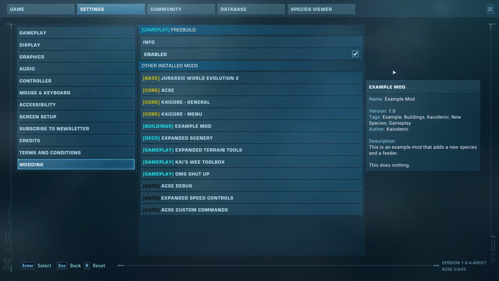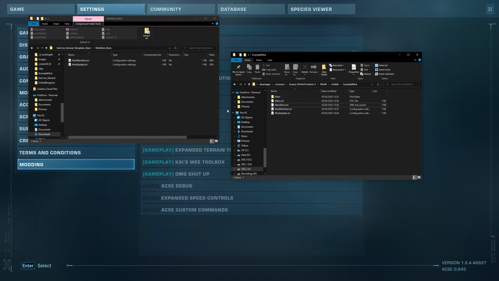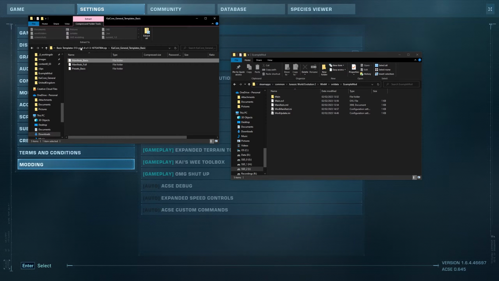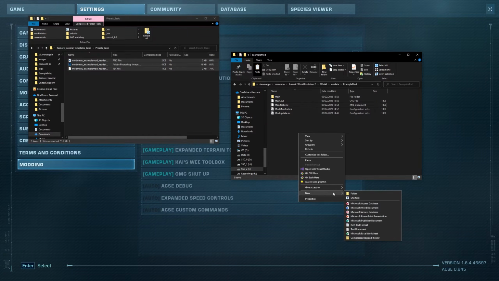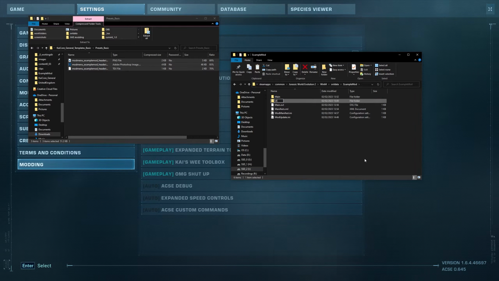Now adding a header image is a little bit more complicated than adding this information or even setting up the auto checker, but it is part of this setup, so we'll do that now. Now first open up your mod and the template zip file, go into presets basic, and you'll want to take these files out of there. It doesn't really matter where you add them, but we'll add them within the standard icons path, which is UI,